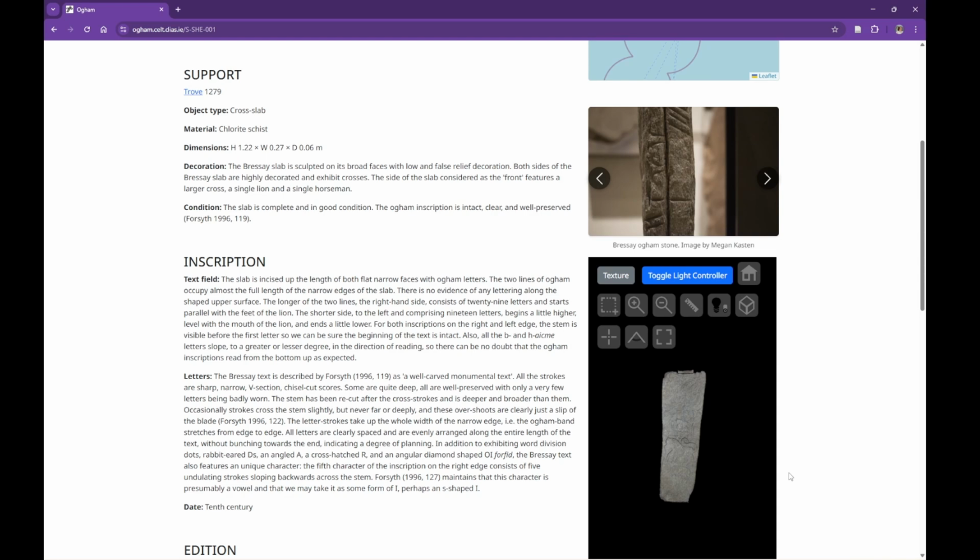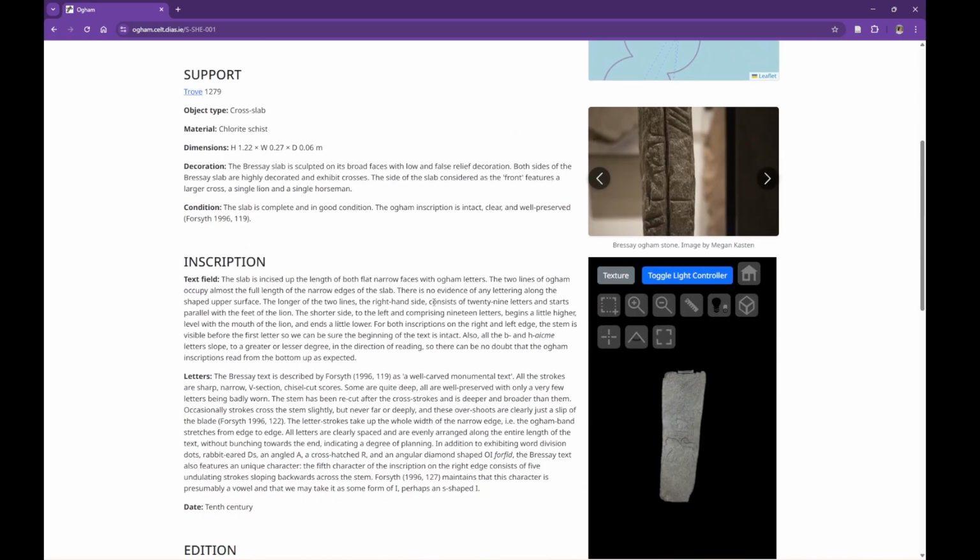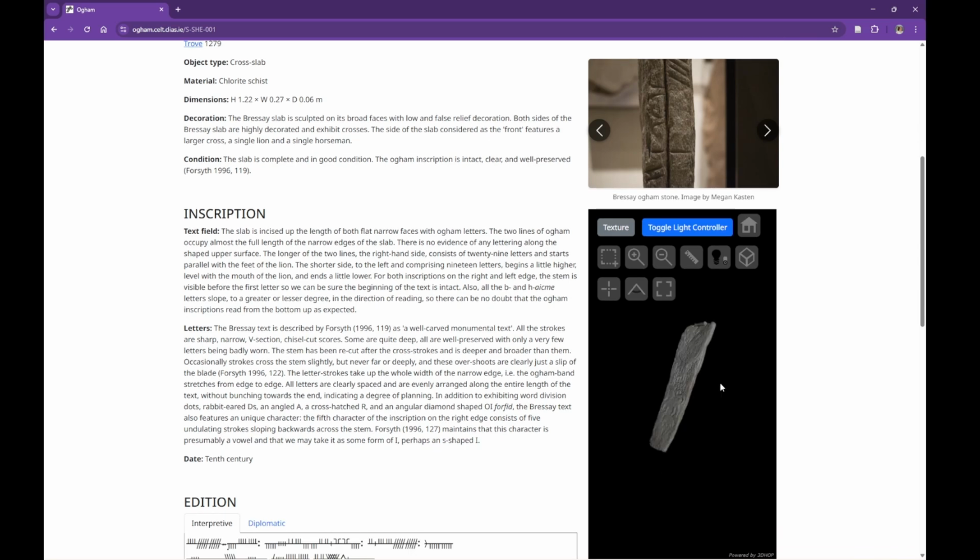So as I mentioned, this is an updated version of 3D Hop, which is used by both Bitfrost and Dynamic Collections and quite a few other institutions now. The code is made available freely by the developers over at Lund University, Dark Lab, and the Visual Computing Laboratory. So, just to show you, this is the Bresse page, and you can interact with it in this